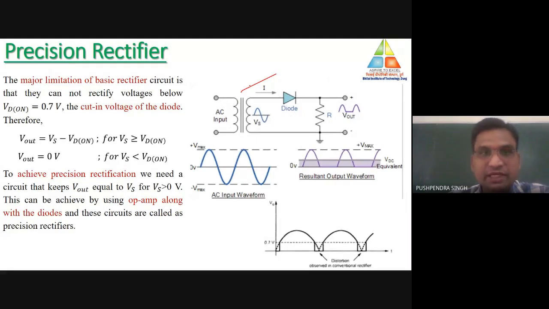As you know, the basic functionality of the rectifier is that the rectifier is a circuit which is used to convert the AC signal into pulsating DC. So for the conversion of AC into pulsating DC, we use the basic rectifier circuit. And at the output terminal, by connecting one filter, that pulsating DC can be converted into pure DC.